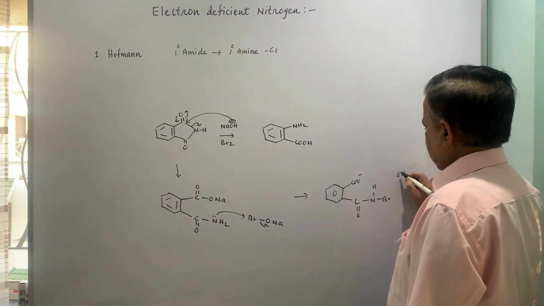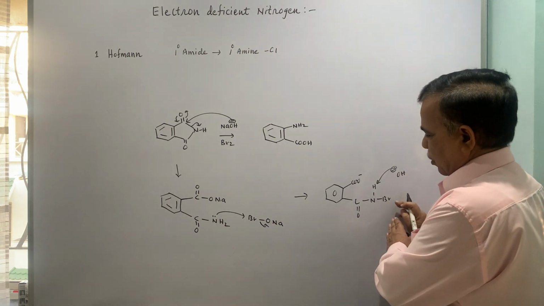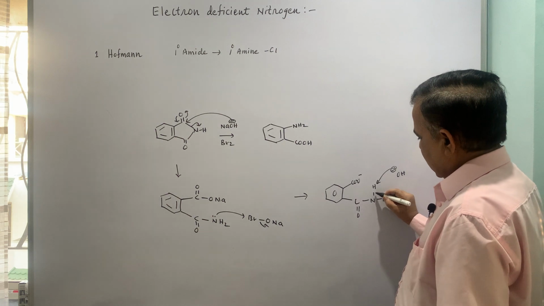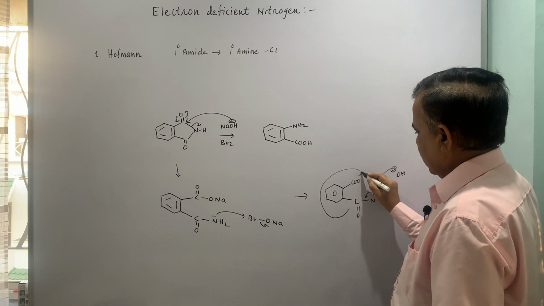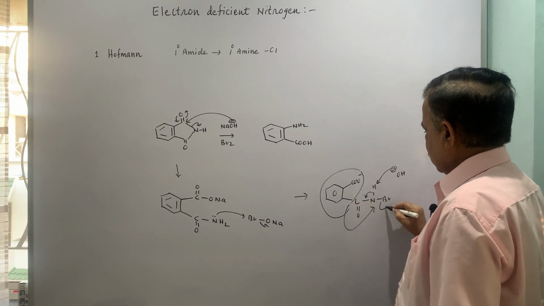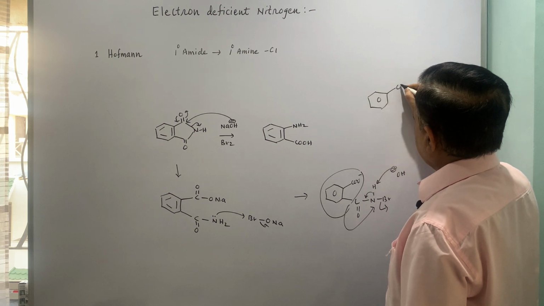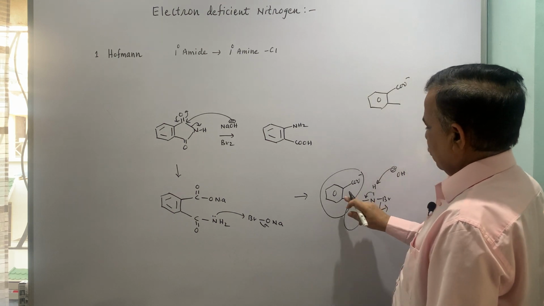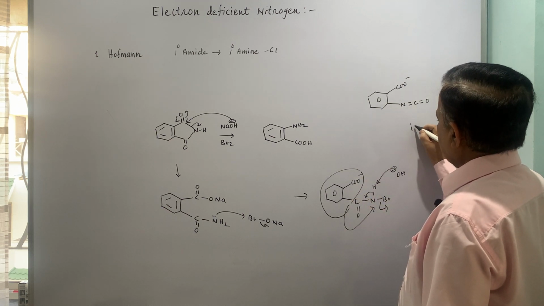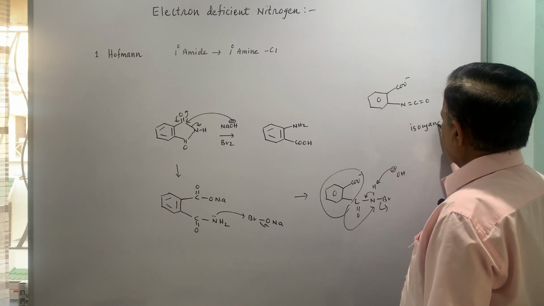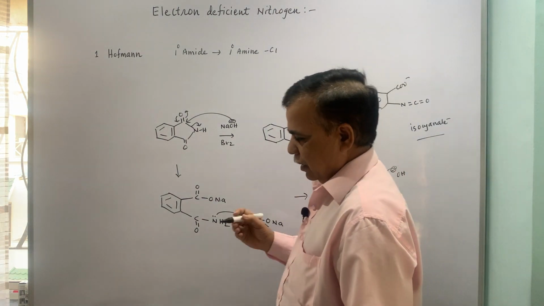then that OH minus abstracts a proton. Now this proton becomes acidic because you are having an electron withdrawing group here, and an electron withdrawing group on the other side also. Let me put it as this, the entire group migrates and this goes off. So ultimately what we will have is COO minus, that is as it is, and now the ring will have a bond with nitrogen. So this is your isocyanate and when you work up you will ultimately get the anthranilic acid.